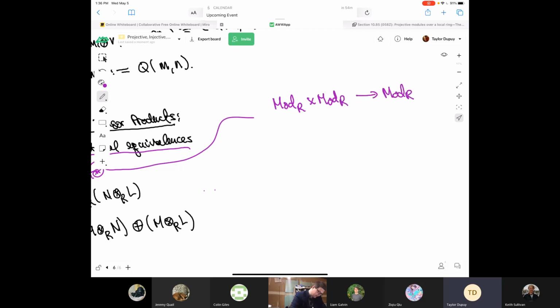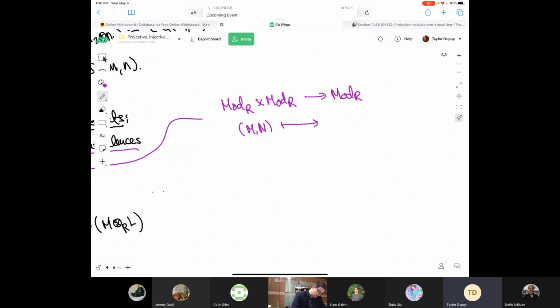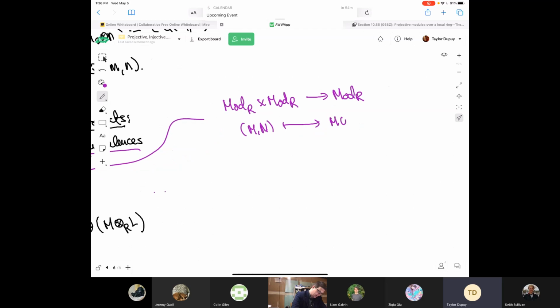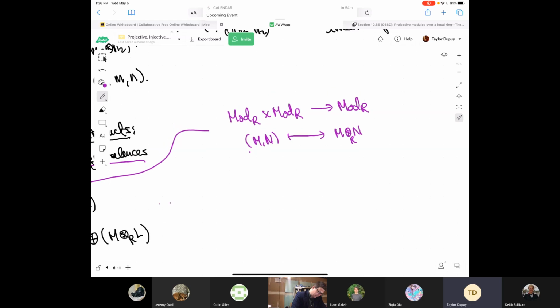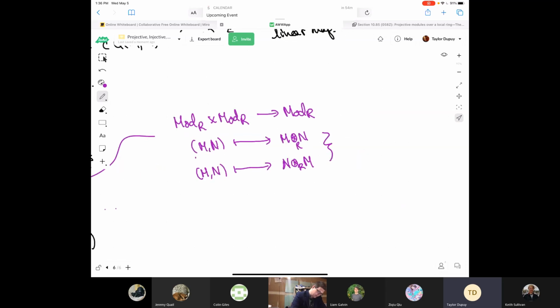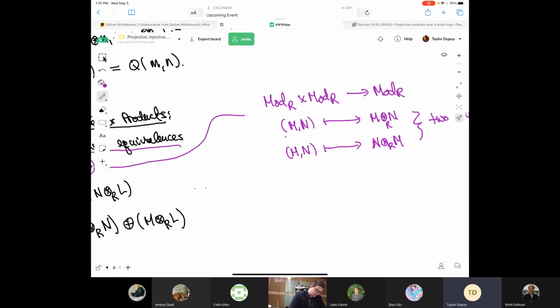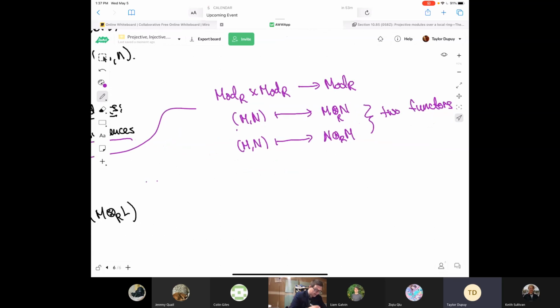You take M and N and map it to M tensor N, and then we take M and N and map it to N tensor M. These are two functors, and we are saying that there's a natural transformation between those two,